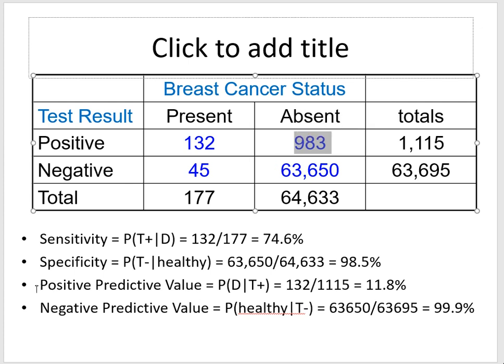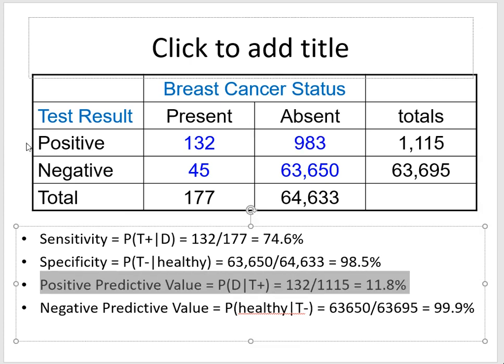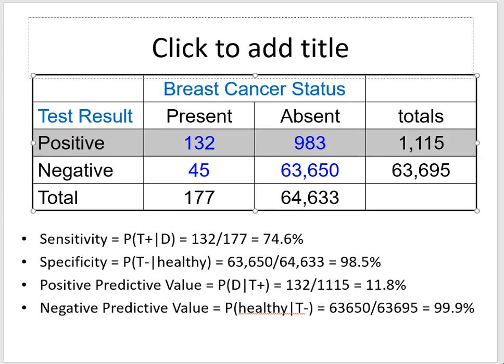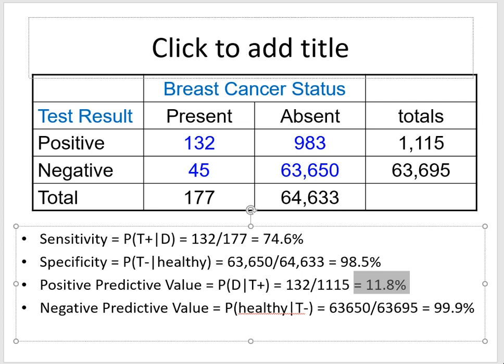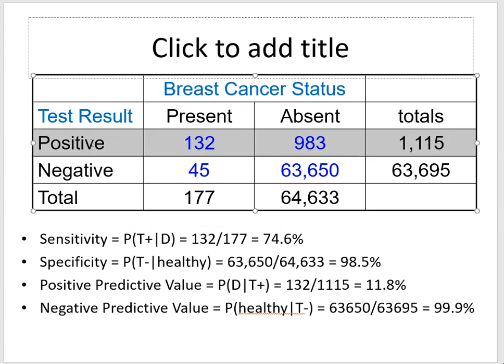And therefore, when you come to calculating the positive predictive value, this time we're looking within those testing positive. So a group of women tested positive. In this example, 1,115 women tested positive. Now the question is, what is the probability for each one of them to actually have breast cancer? And the answer to that question is 11.8% only. So you realize a woman testing positive in this example, we're going to tell her, well, there's still 90% chance that you're actually healthy, and only 11.8% chance that you have breast cancer, and therefore there is a need to do